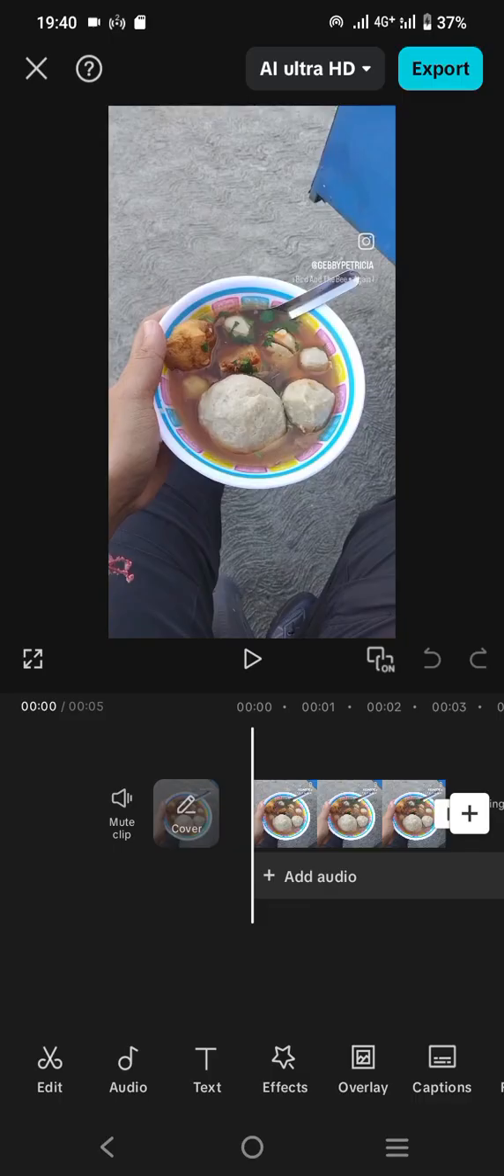Here, as you can see, I have just uploaded a picture into my new project on CapCut, and this picture was screenshotted from an Instagram reel. As we know, a reel downloaded from Instagram also leaves a watermark here. And if we would like to remove this watermark or the caption or the song text, well, we